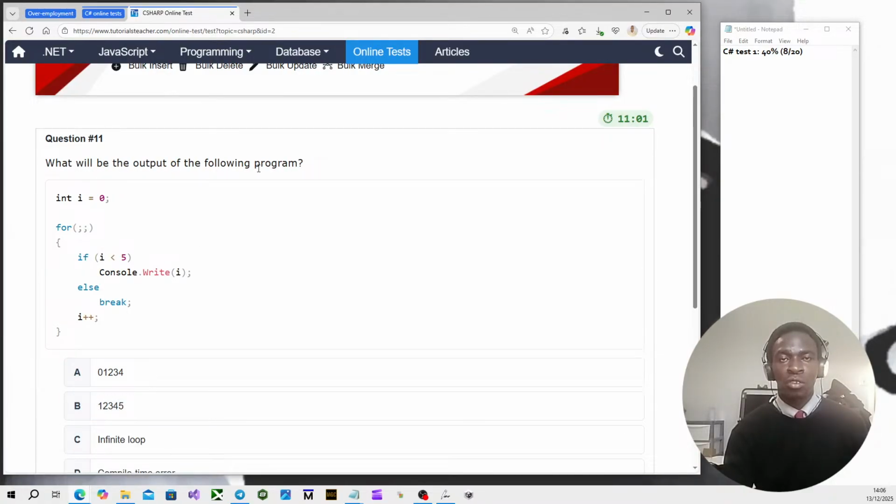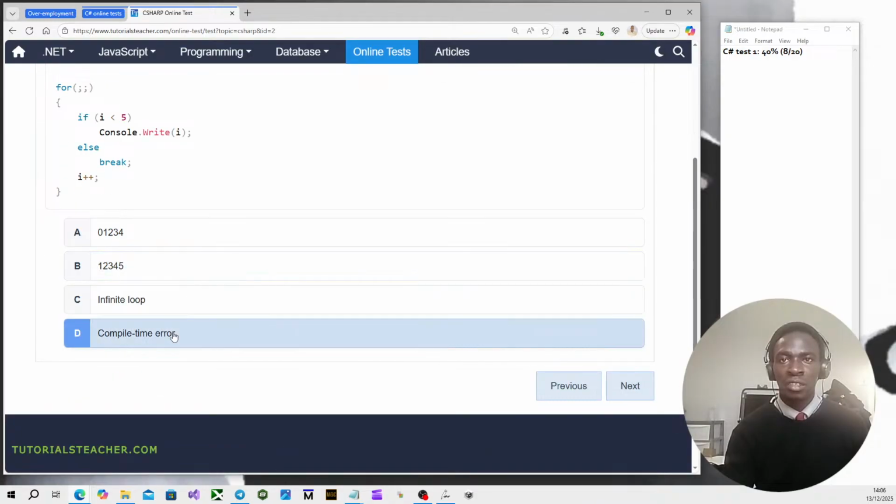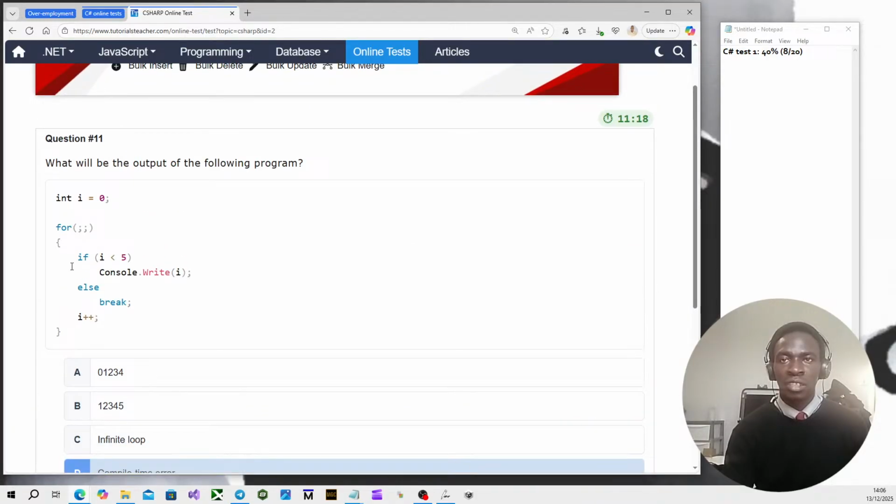What will be the output of the following program? This will be the last test I do, guys. It's like 20 questions, so it's gonna be a really short stream. Int I equals 0. Right. They've given me all this logic, but the for loop is not correct, because I haven't set my indexing range or anything like that.